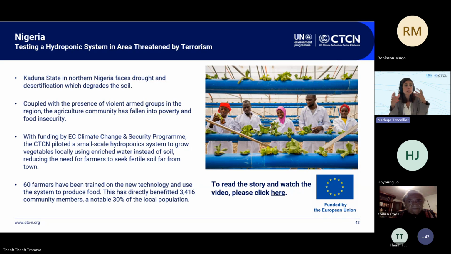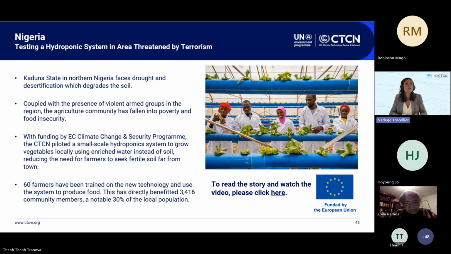So we had a lot of stakeholder consultations with this community to understand what their usual cooking habits were, what their usual food composition was, etc. And we reached the point where a hydroponic system completely built with materials available in Nigeria could be a good option. So the project was piloted, and actually it's quite a success. The farmers are producing more than what they can consume. So they are reaching out to other donors, such as GRZ, for example, as well as the CTCN, to see